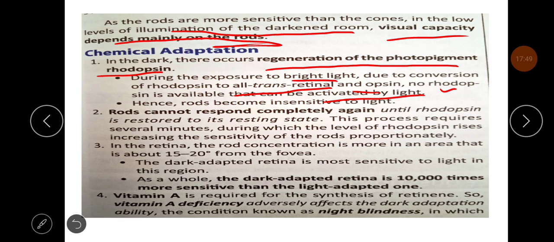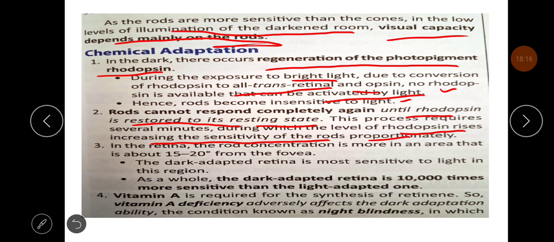Hence rods become insensitive to light. Rods cannot respond completely again until rhodopsin is restored to its resting state. This process requires several minutes, during which the level of rhodopsin increases, increasing the sensitivity of the rods to the